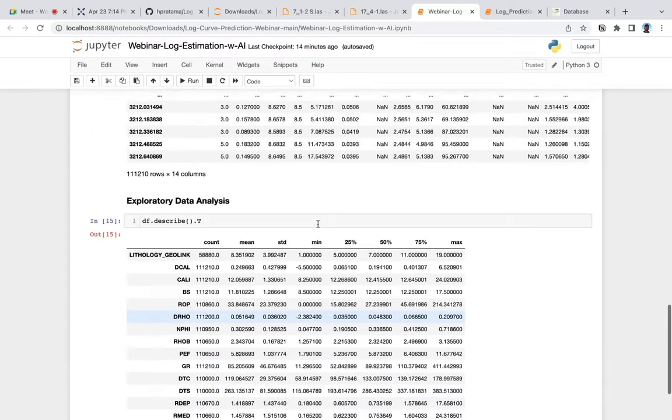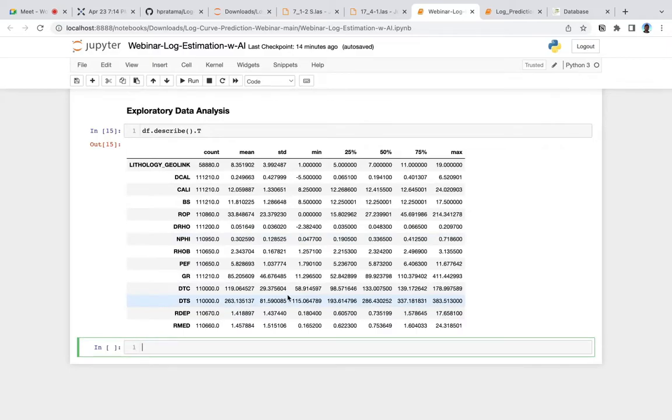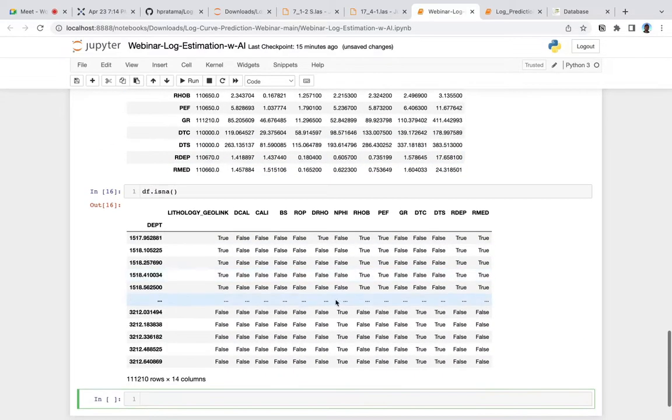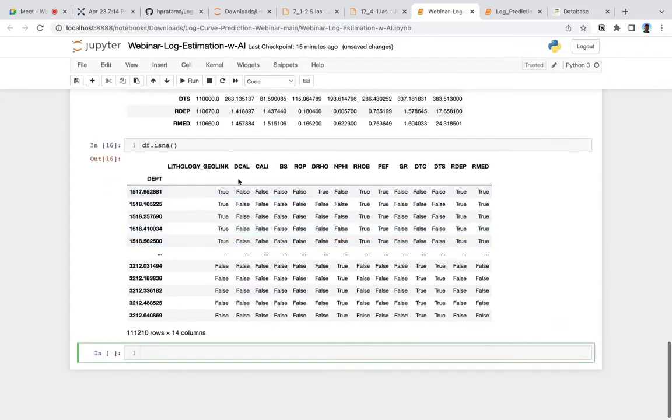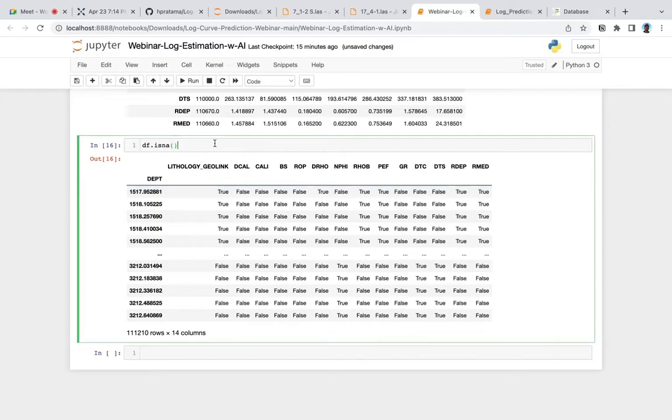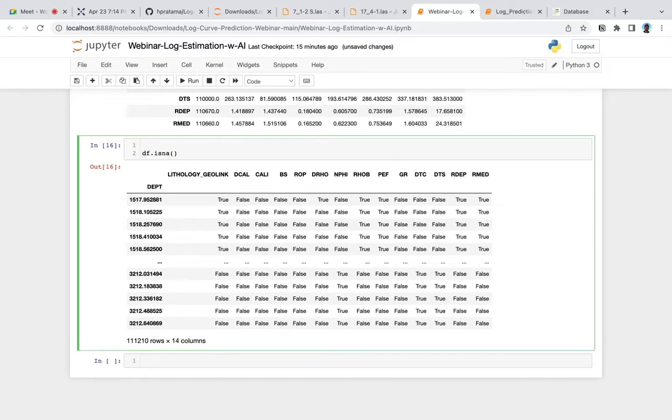Also, we can visualize the no-data or the missing values in here by typing df.isna. So if there is any no-data, it will become True. But this one, we cannot extract the information from it easily. So what we're gonna do is to plot this and visualize it into some meaningful graph or plot by quantifying it with a heat map.